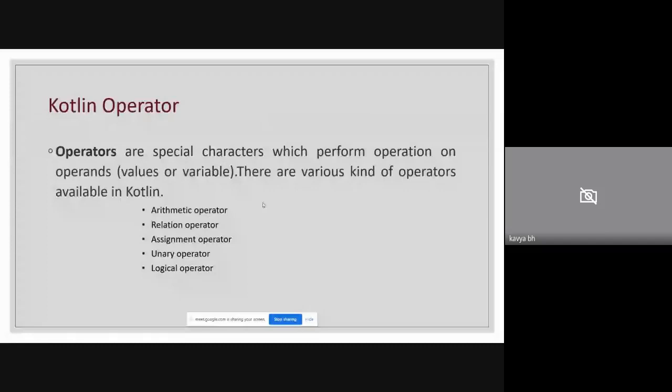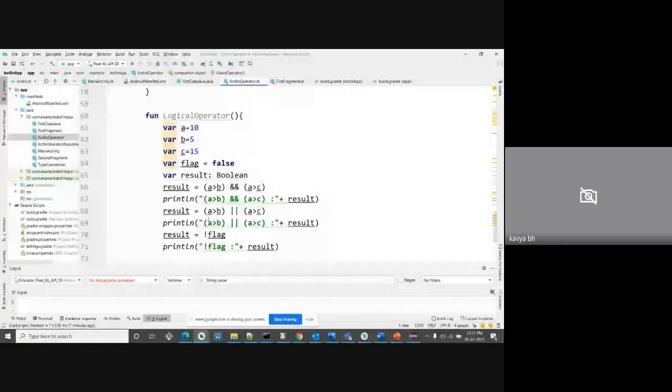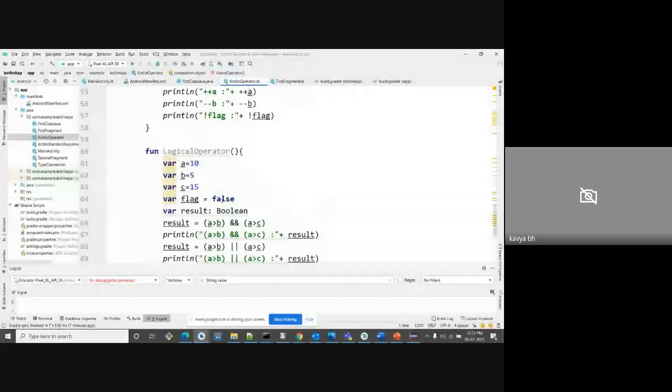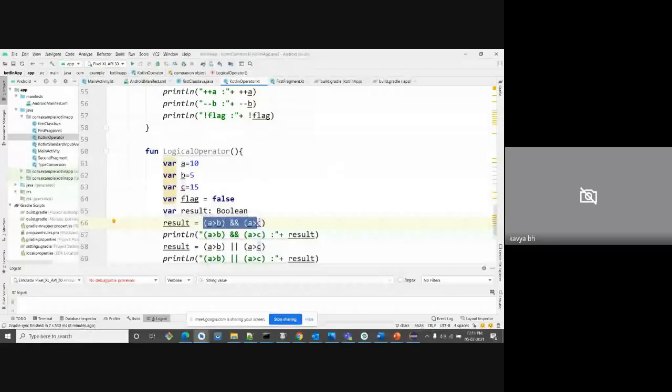Here you can see the logical operators and, or. This is what we will check. This is one operand and this is the other operand. In this case, when you use and, both operands have to be true, or else it won't enter our condition and won't print.